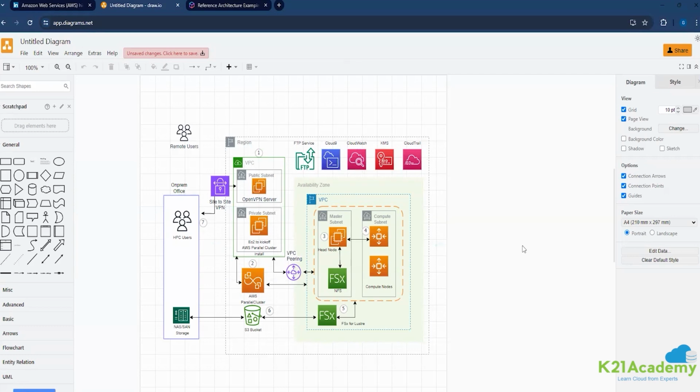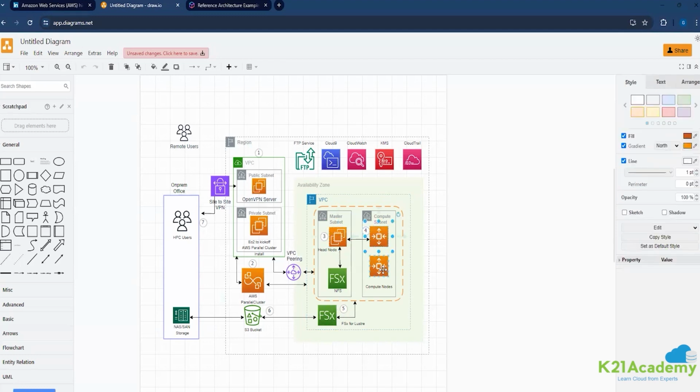On a 20-minute call, I'm not expecting perfection, but at least you need to know the walkthrough, the flow, like how the users will connect using a site-to-site VPN to the VPN server. From the VPN, they log into the EC2, and then they deploy the ParallelCluster in which the data is being stored. Where is the data coming from? From the on-prem. It's offloaded to an S3 bucket, and the data that they need to process is temporarily stored in FSx. And now we run the cluster, the master node and then the slave nodes. Once the data is processed, it is sent back to FSx, to S3, to the on-prem.